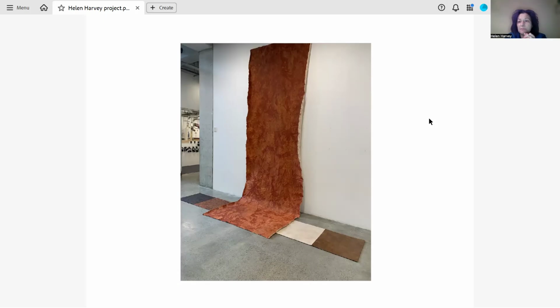And it was really comfortable to lie on, and I just imagined connecting with the earth and talking to the earth and the area where I am. And after I'd done that, I painted the surface that I'd laid on with the iron oxide paint, and that created these abstract marks.